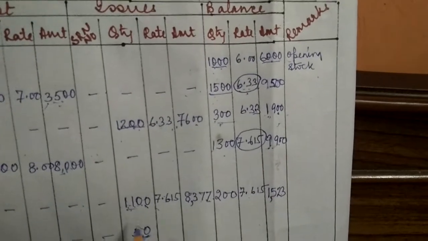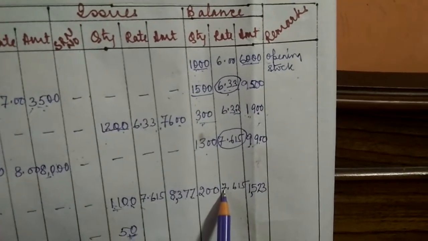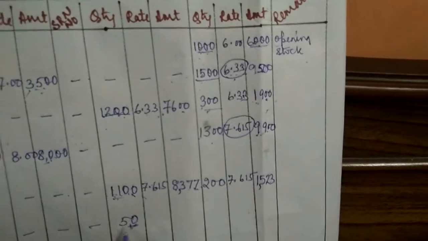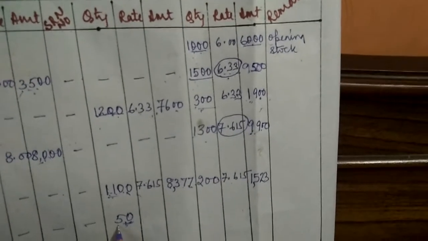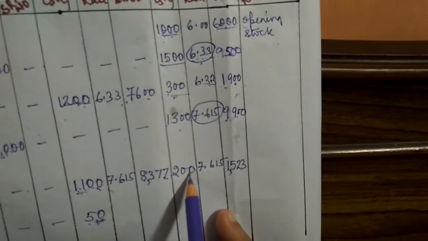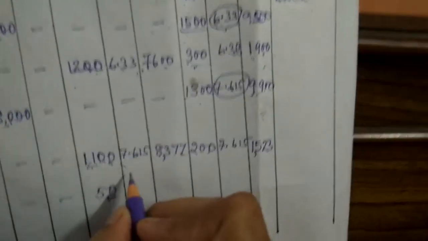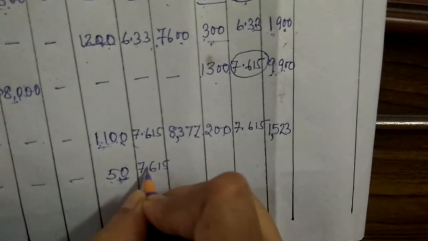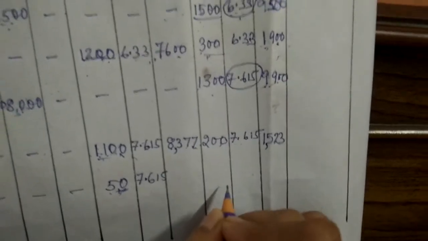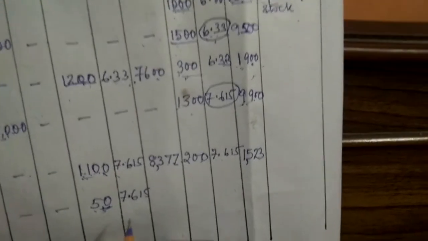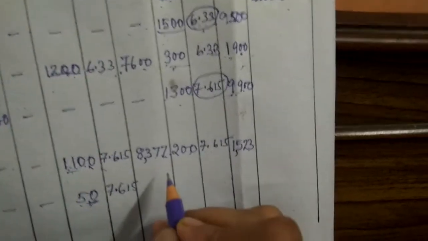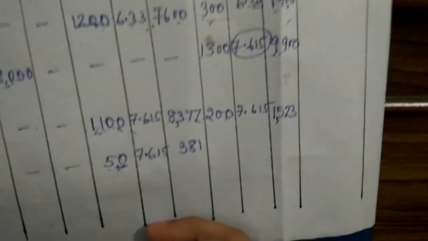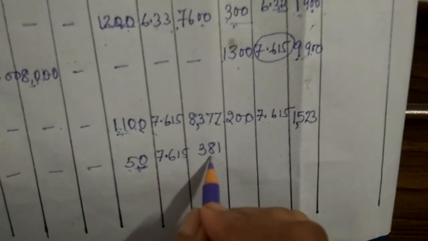At the end of the day, after the issue of materials, when you have already issued this material, on that day we are finding that the shortage is there. So what we will do? We will issue it. Now we will issue it from here, and the rate will be the same. What will be the rate? 7 rupees 615 paisa. Why? Because we are issuing this at the end of the day. We found that it is there. Okay, so now when you will multiply this, you will get 381. Okay, 381 amount will be there, right?